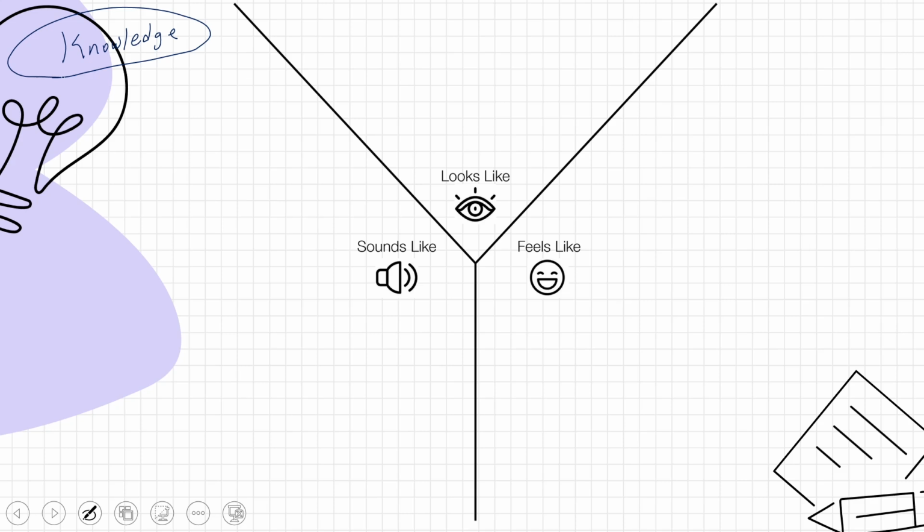Okay, text looks like, okay, tree with roots. Mind, books, okay.